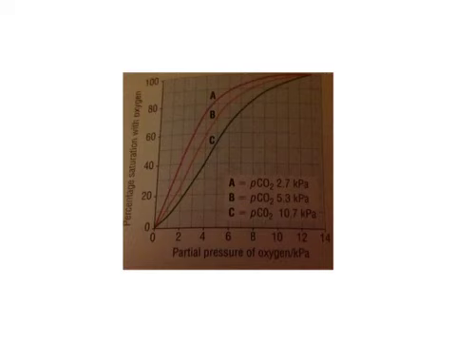Have a think about it, pause the video and then answer once you unpause it. So you should know that there's an increased amount of carbon dioxide, probably in respiring cells. And the chances are this would be respiring cells in places like your muscles, where there will be a very high rate of respiration during exercise, and therefore a high amount of carbon dioxide being produced and an increased partial pressure. Whereas with A,